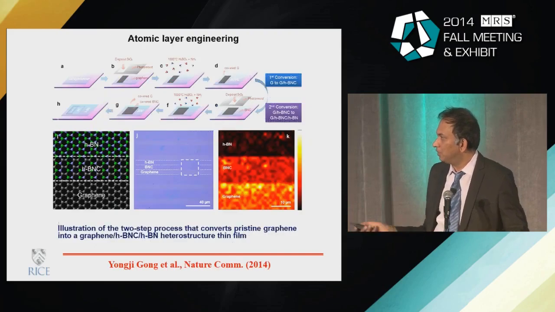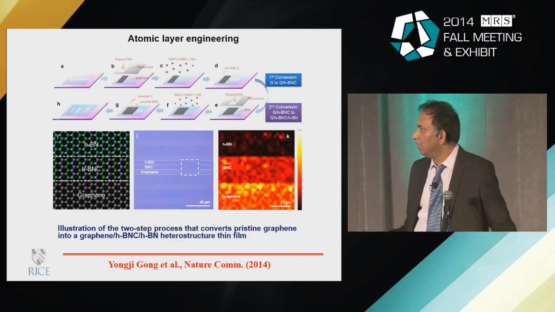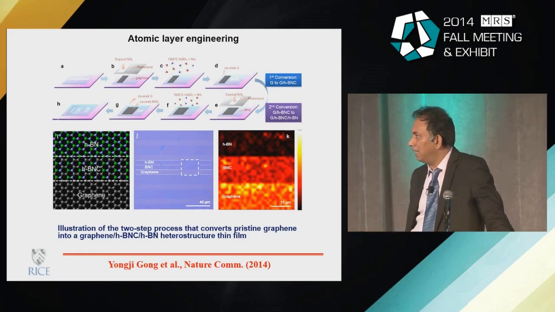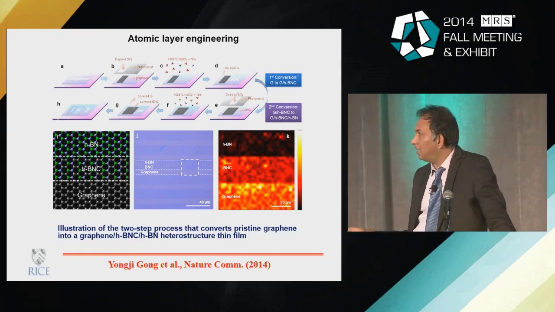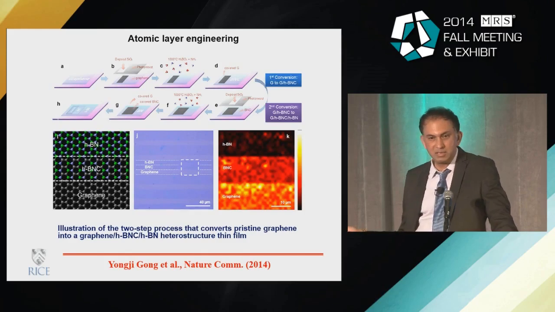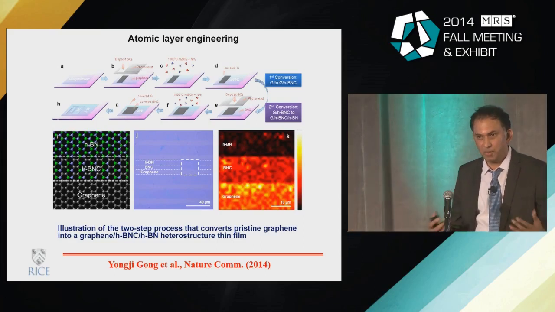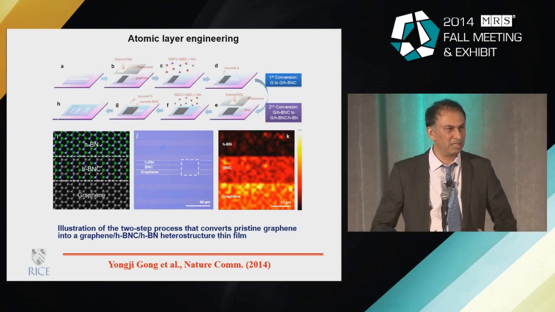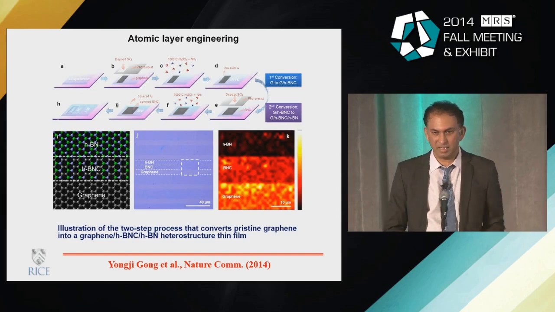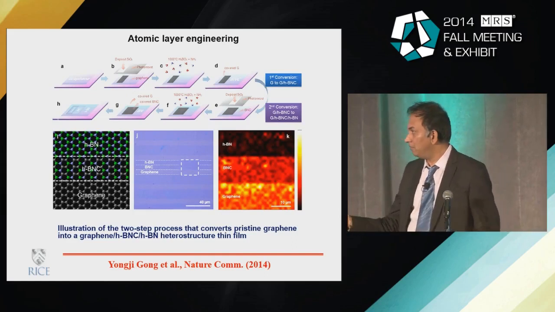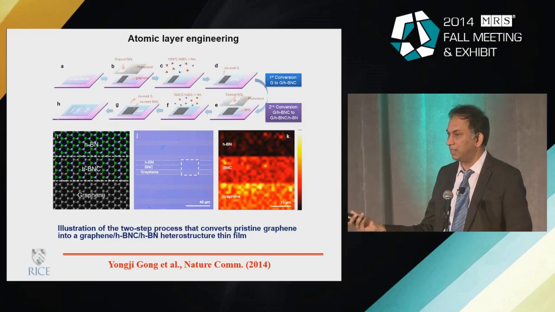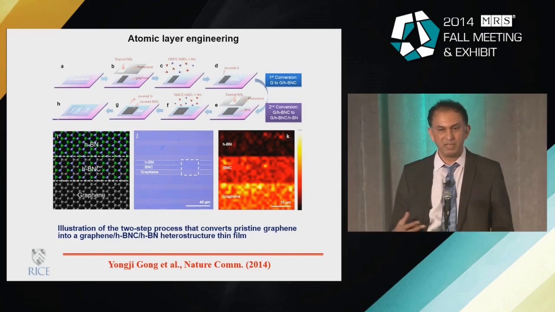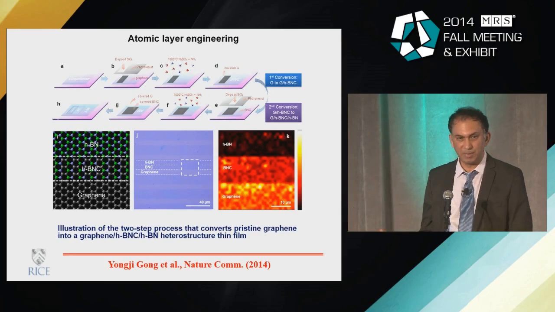And in fact, you can do this in a sequential process and ultimately end up with a monolayer that has the boron nitride, which is an insulator, graphene, and the BNC systems that are semiconducting. So we are reaching close to the possibility of creating a real electronic circuit within a single atomic layer, again starting with graphene, because we have shown that you can in fact create all these different compositions with different band gaps within this atomic plane.